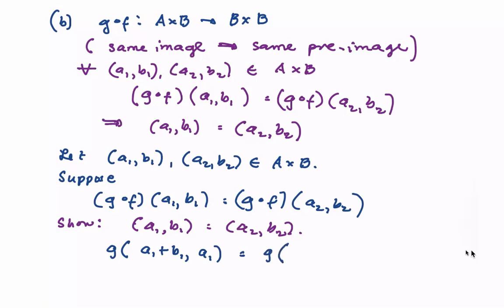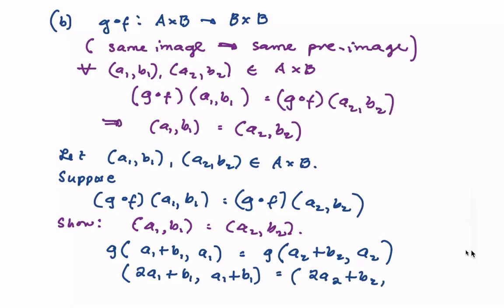So similarly, F of (A2, B2), the sum of A2 and B2, and then copy the first element in the ordered pair. Similarly for G, we add the two elements in the ordered pair. So that's 2A1 plus B1, and then copy the first element, A1 plus B1. On the right hand side, we have the sum is 2A2 plus B2 and then A2 plus B2. So we are saying that these two are equal. So therefore, by definition of equal ordered pairs, that means that they must be equal